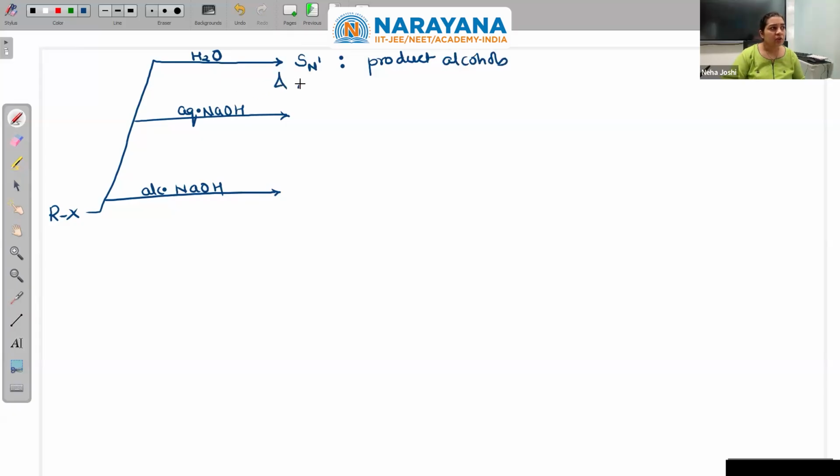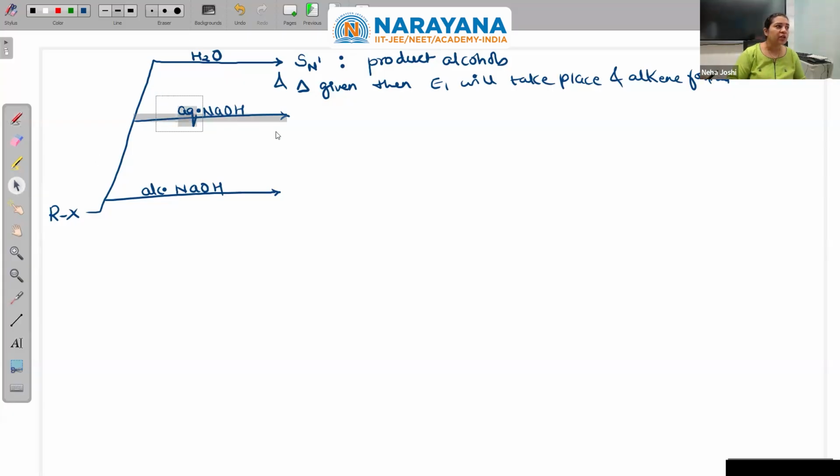Okay. If heat is given, then E1 will take place and alkene is formed. Then the answer will become alkene. Is that clear? Now see, because water is a poor base as well as a poor nucleophile, so the